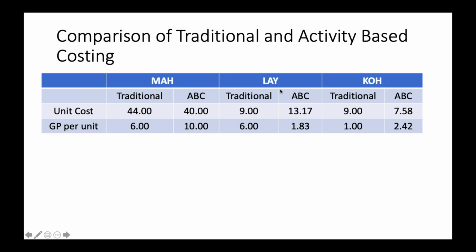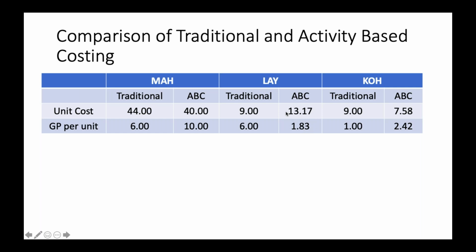For live product, we are earning 6 pesos using traditional because the computed unit cost using traditional is 9 pesos. Well, in fact, the true cost is actually higher, 13.17. So using traditional, we thought that we are actually earning 6 pesos. Well, in fact, we are earning only 1 peso and 83 cents because it reflects the true cost of the